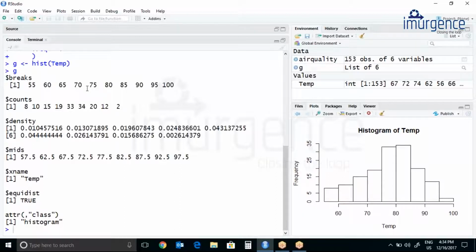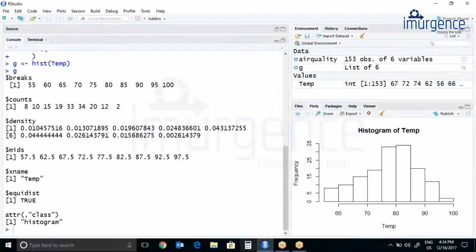This object is of class histogram. First we have breaks, the places where the breaks occur. Then we have counts, the number of observations falling in that particular cell. Then we have density, the density of cells. Then we have the midpoints of the cells.